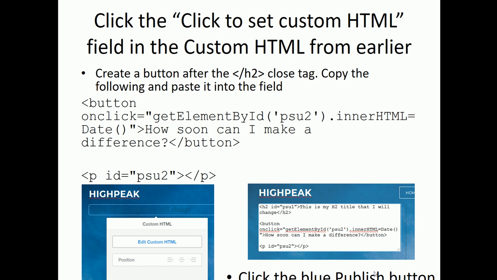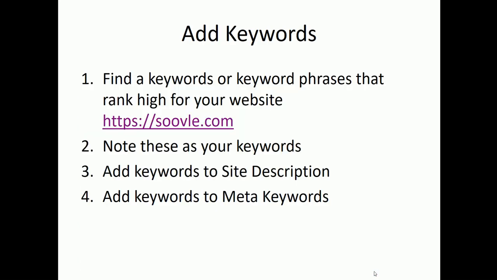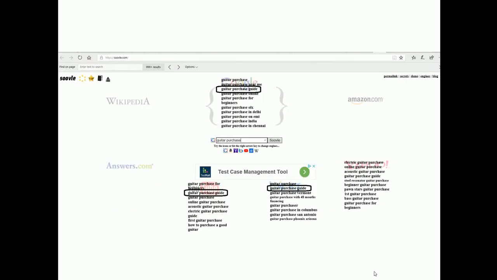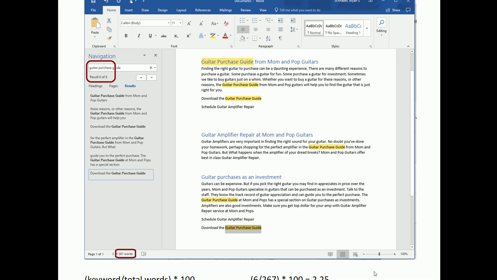And then we're going to click the blue Publish button, and we'll test our site in a separate browser. Okay. And then we'll add our keywords. We'll go to Solvul, I guess that's how you pronounce that, to select our keywords, or you can just pick keywords. This step is optional, and we'll pick some keyword or keyword phrases, and then we'll calculate the density by putting some text in a Word document, and then we'll calculate that the density is within our